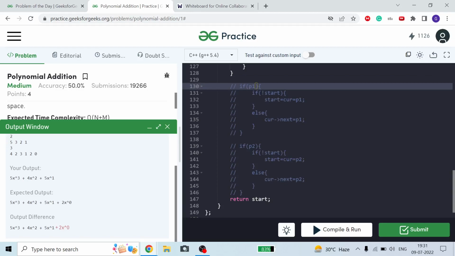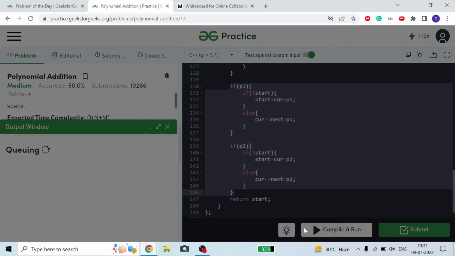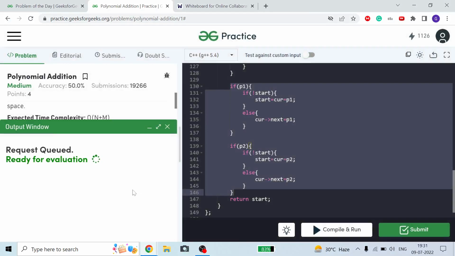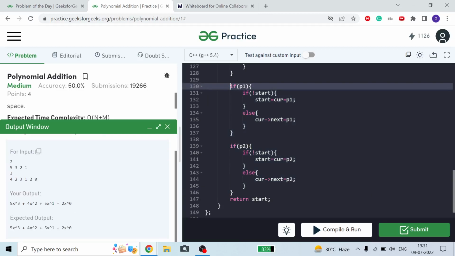So if we are not writing it, you can see our answer is wrong when this is commented out, but all the test cases pass. So you can see how strong the test cases GFG has. If I remove the comment, then you can see we will get the correct output. All the test cases pass, but our random test case failed. Okay guys, so I tell you to write these two conditions to secure your code from edge cases, because GFG has some loose test cases for this particular problem.